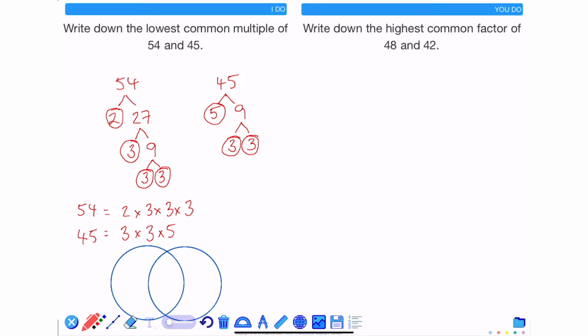So to calculate the lowest common multiple for two numbers written as a product of their prime factors, we're going to use a Venn diagram to look at the similarities and differences between the prime factors within them. The circle on the left is going to hold all the prime factors of 54. The circle on the right is going to hold all the prime factors of 45. The center section is going to hold all the prime factors that are common to both. So the prime factor that is common to both is a 3,